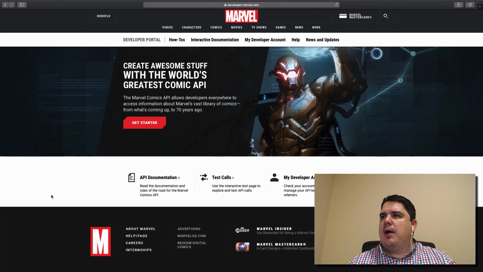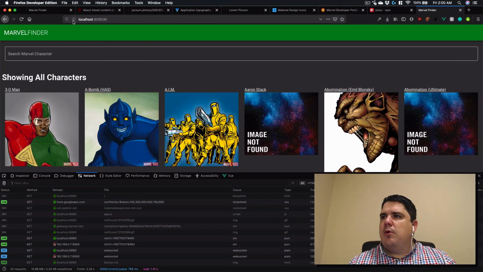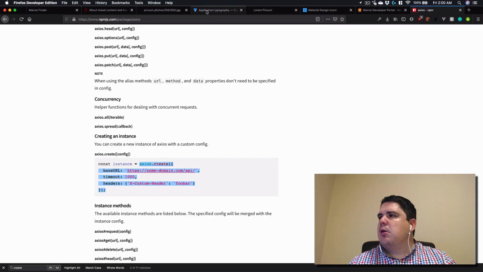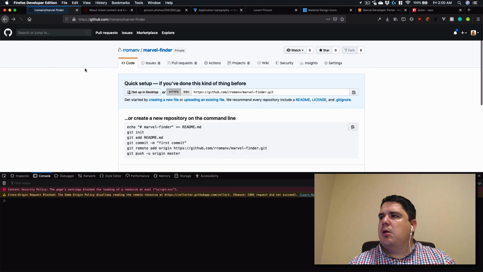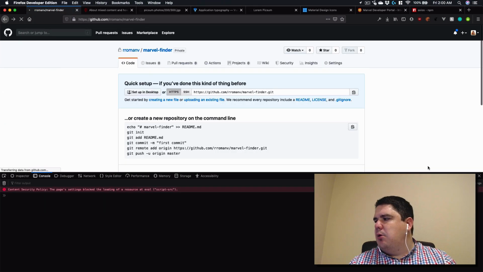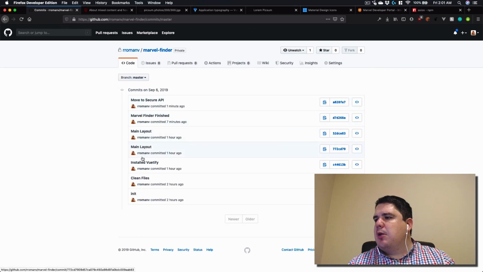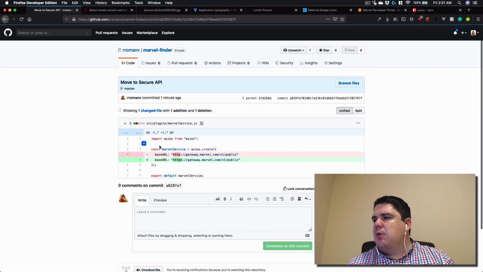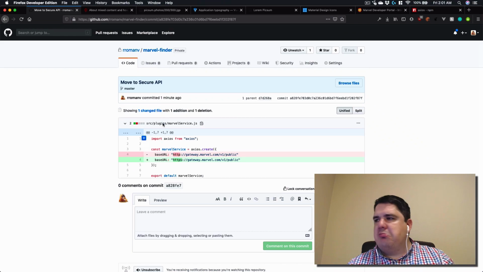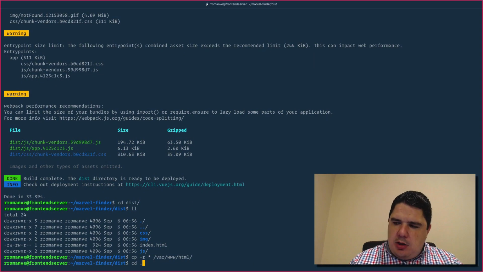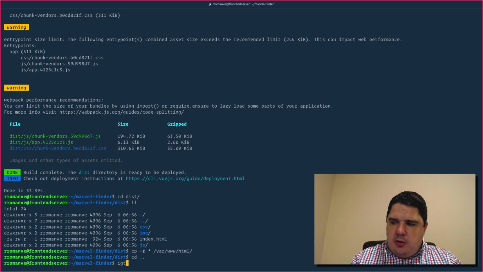So if I go back to my repository where I have it, here, if I reload this, here you go, move to secure API. So you see my commit, everything I did, and the last one, when it just changed the URL from HTTP to HTTPS. Perfect. So I'm in the server, I'm going back one level, I just do a git pull